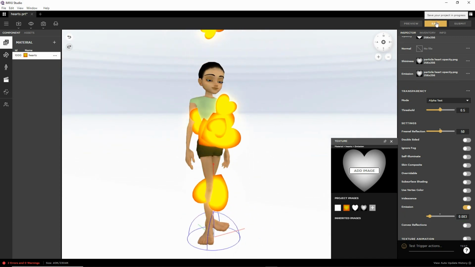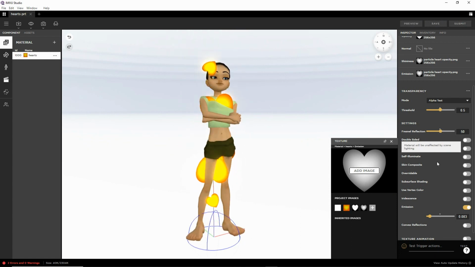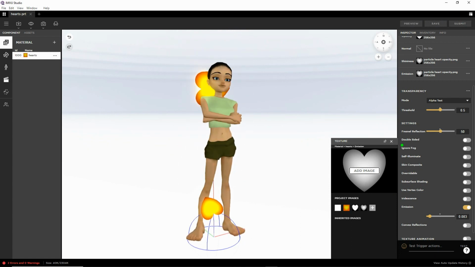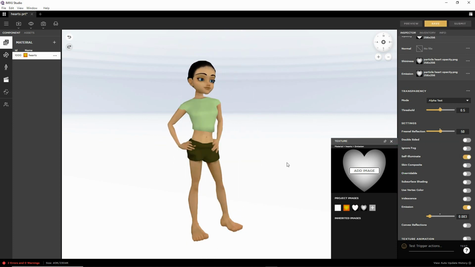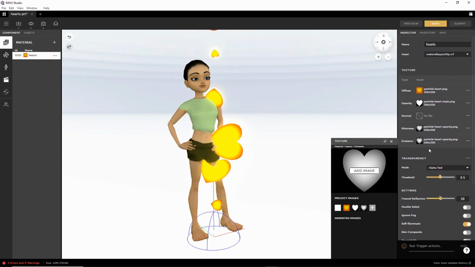Let's save this. And if we wanted to add any other effects, we could do that. So let's add self-illuminate, which emission kind of does by default. And that's our basic texture. So that's the material